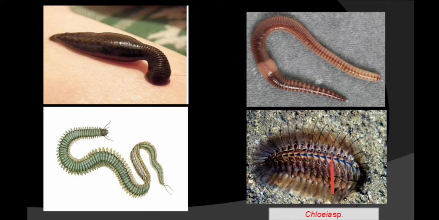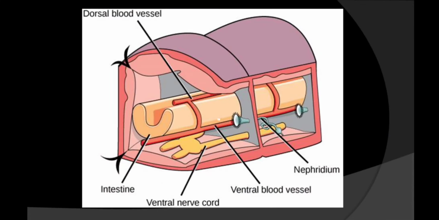All right, now observe this image. This is a part of an earthworm. Here you can see the earthworm is externally divided by ring-like structures called annuli, and it is divided internally also by septa. This is a septum which you can see here. So externally as well as internally the body is divided. Such type of segmentation is known as metameric segmentation, or we can say metamerism. This is a main feature of this phylum.